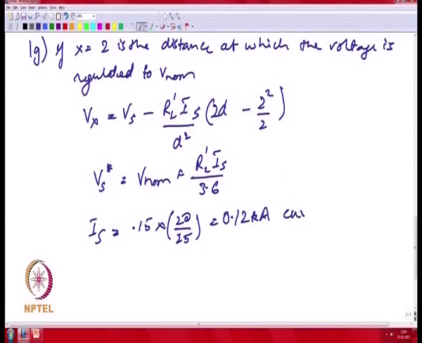So, this is the current. So, if your high voltage primary side voltage is 62 kV, your desired tap point